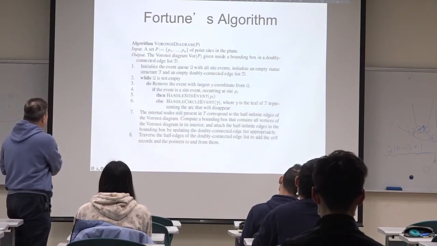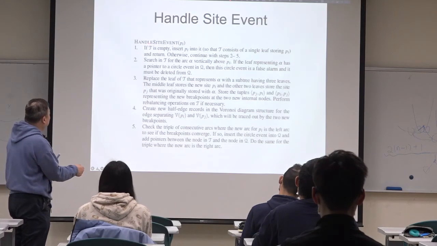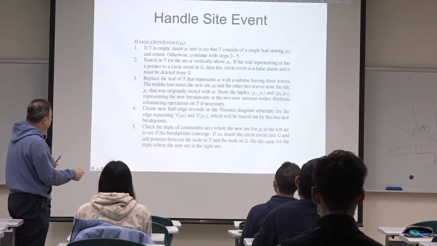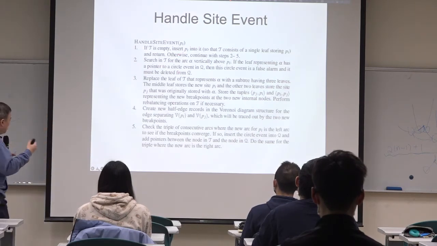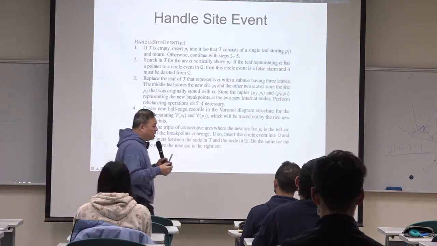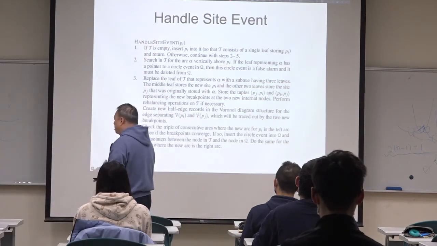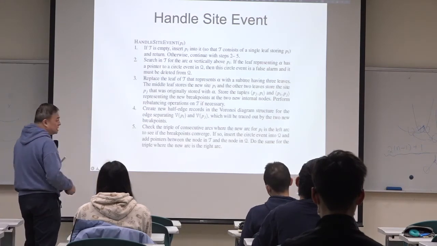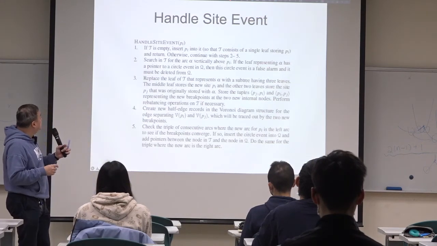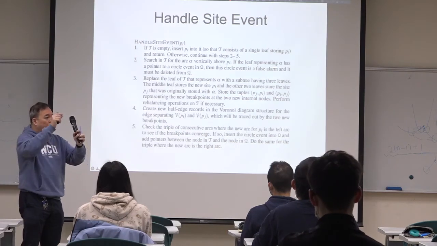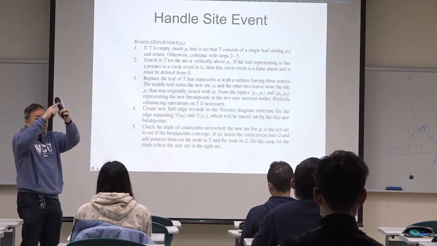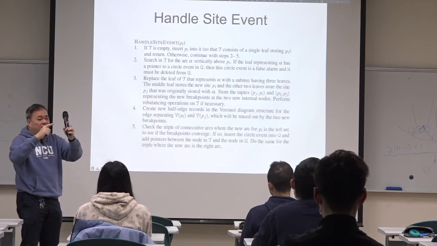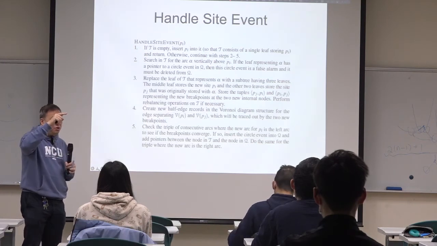So this is how we handle the site event. As I said, I think we have most of them. But here we describe it in much more detail because we try to maintain a doubly connected edge list. So when we create a site event, we will try to draw the two half edges out of that point, because when we have a site event, normally